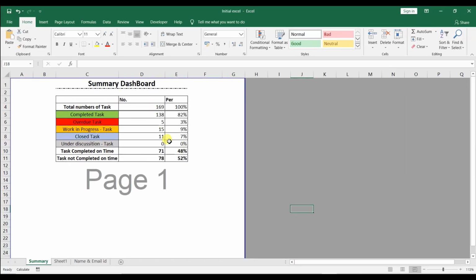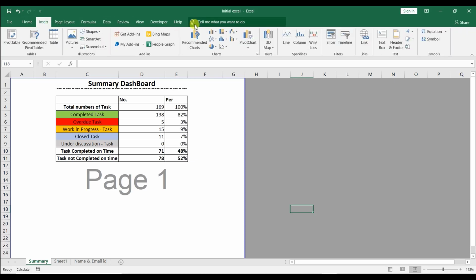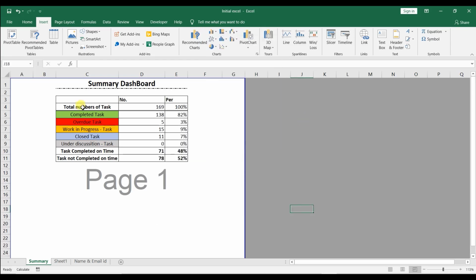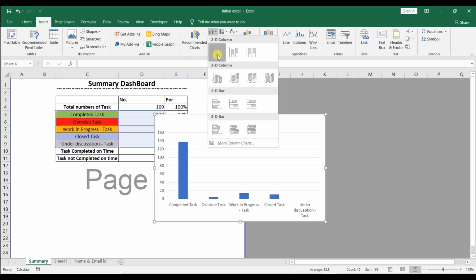Till now we have prepared this summary dashboard. In this tutorial we are going to insert a bar chart. So you have to go to the Insert tab and select this. You can select any sort of things, but for an easy way, you have to select this data first, and by clicking this you will get